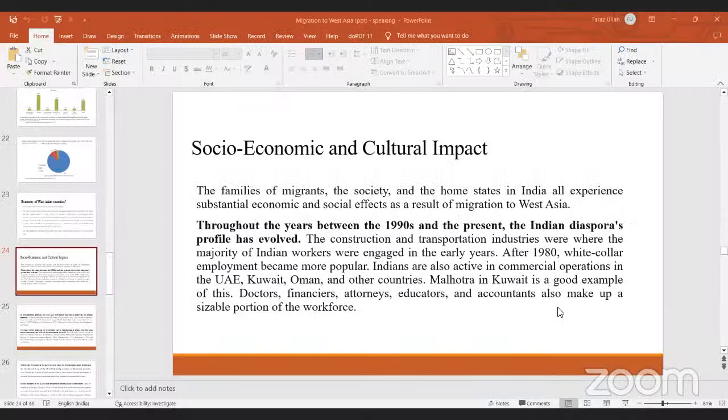In the economic domain, the Gulf NRI remittance has been a boost for the Indian economy. It has helped India during the balance of payment crisis. The inward remittances have increased since 1974 till present. As per the World Bank data, India receives